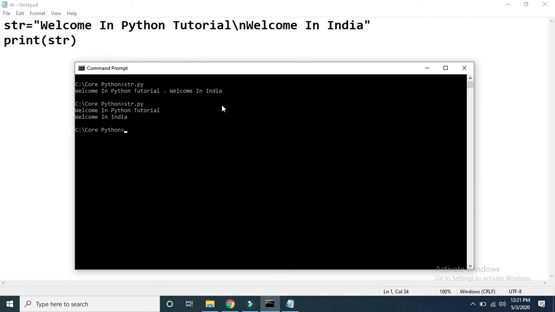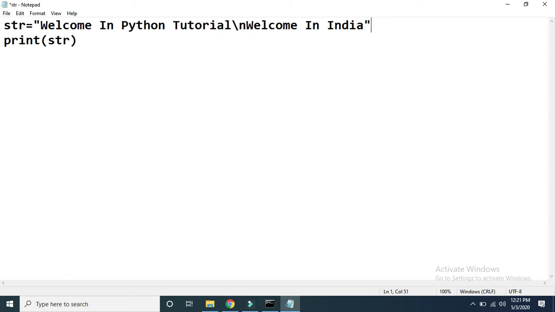Now I want to discuss the next function, that is the splitlines function. See here, I am defining one more variable x. I want to split this particular string at the new line.